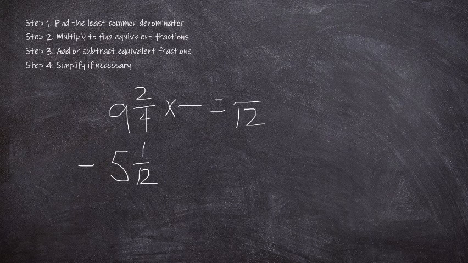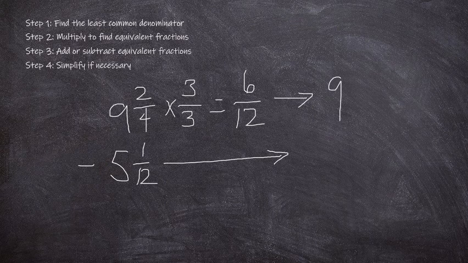So 4 times blank is 12. Well, I know that 4 times 3 is 12. And anything I do to the bottom, I must do to the top. Therefore, 2 times 3 is 6. And I don't have to worry about changing the 5 and 1/12. I can just move it over. So now we're going to do